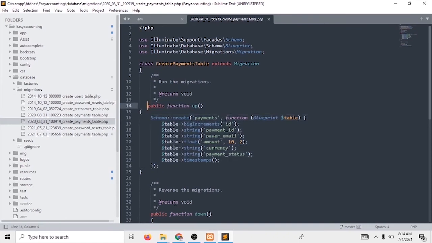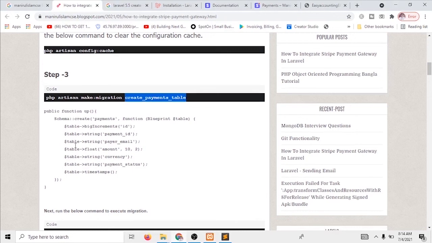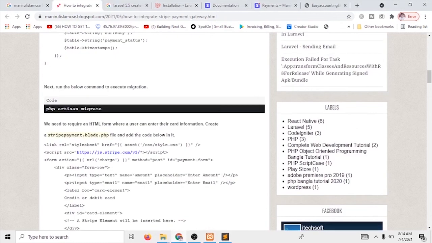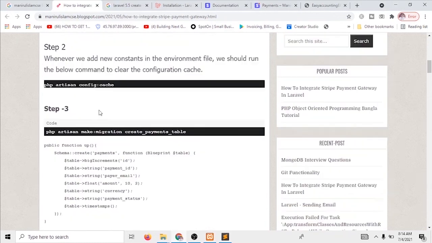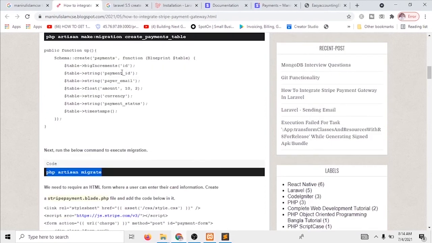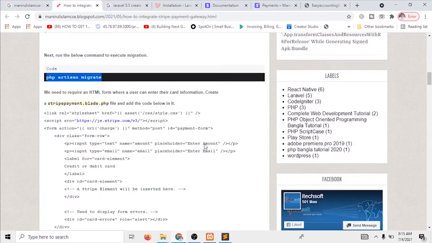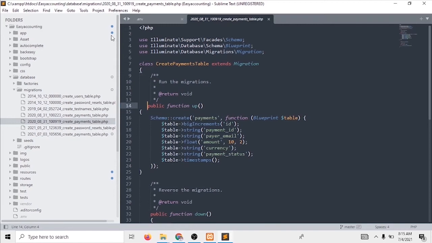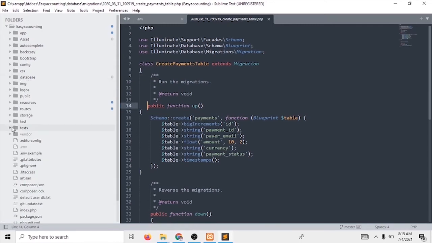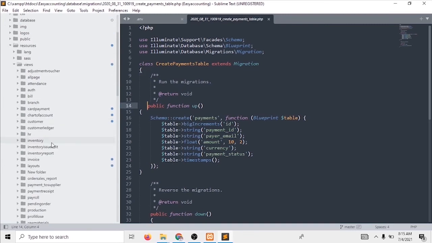We will migrate these tables. And then what I am going to do now, I am going to create one view resource. You can see here is my view. I am going to create one file. I put the file name